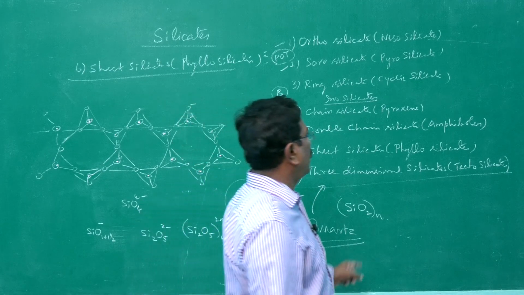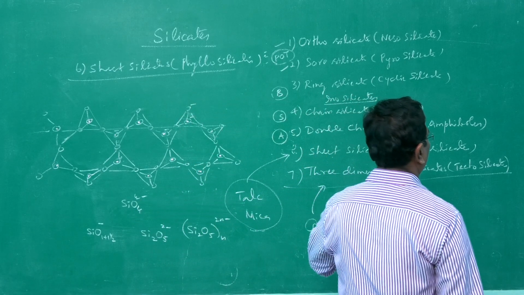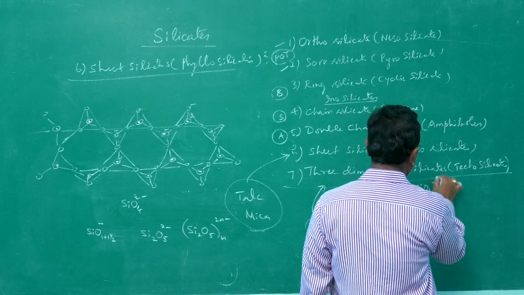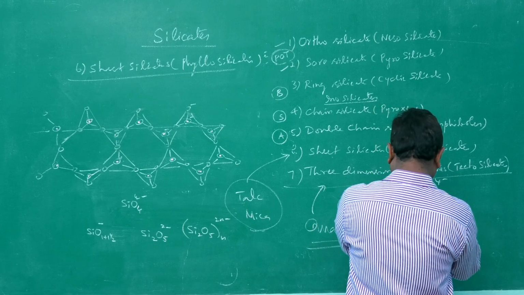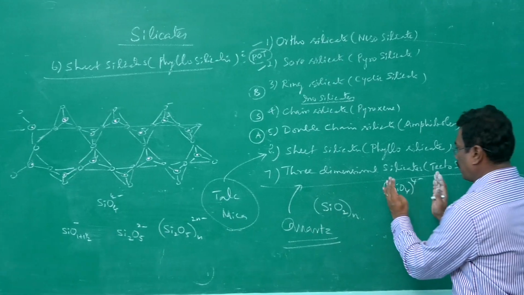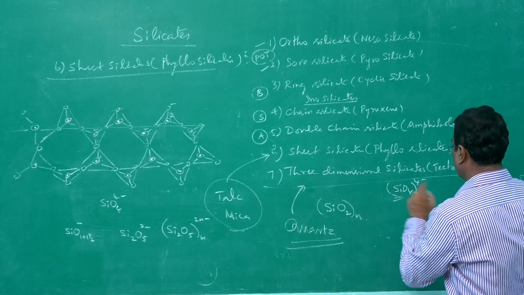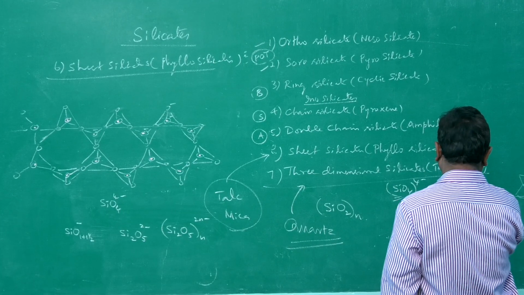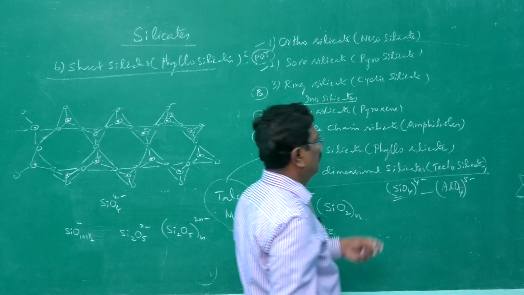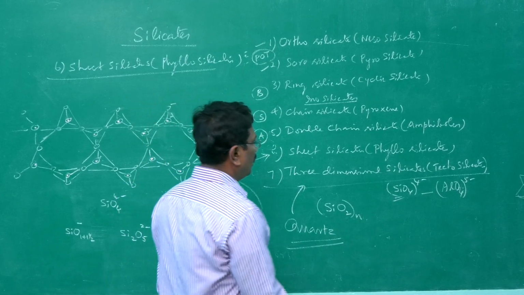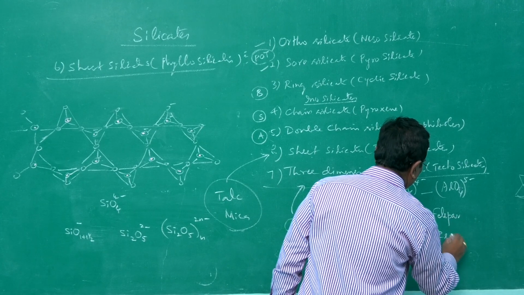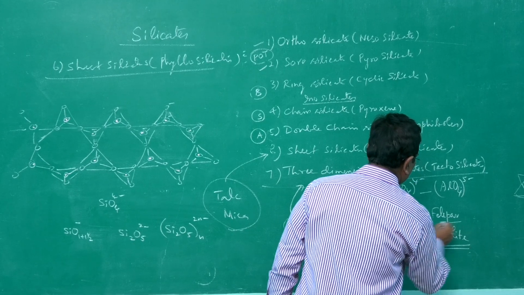If the silicon atoms are replaced by aluminum atoms in the SiO4 4 minus unit, of course, we start with SiO4 only. By sharing, the molecular formula becomes like this. This tetrahedral unit is the base for all. If it is replaced by AlO4 5 minus, we will be getting aluminosilicate and example feldspar. Feldspar. Zeolite also comes under this.